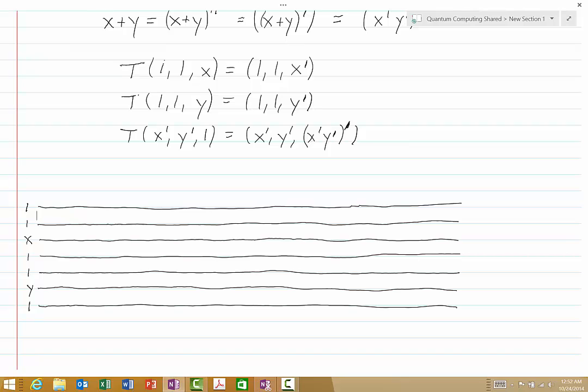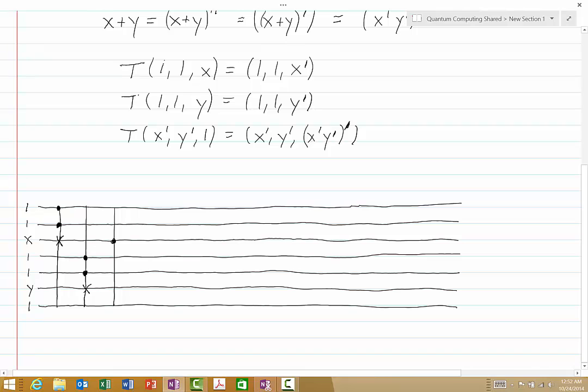Now the Toffoli gate then for 11X will be this. Here's the Toffoli gate to implement 11Y. And then finally, we want a Toffoli gate